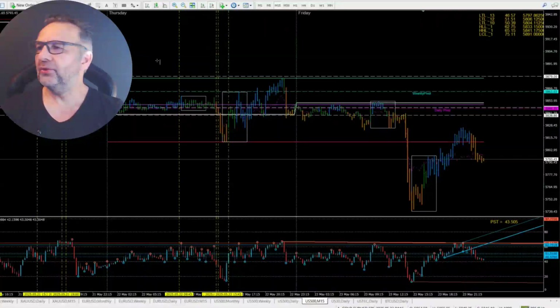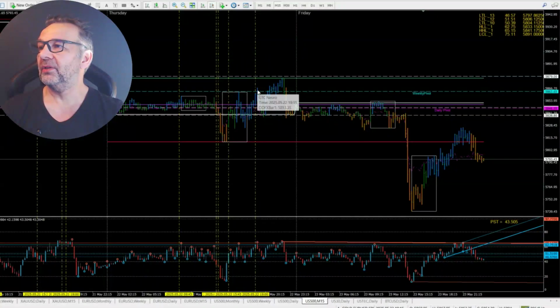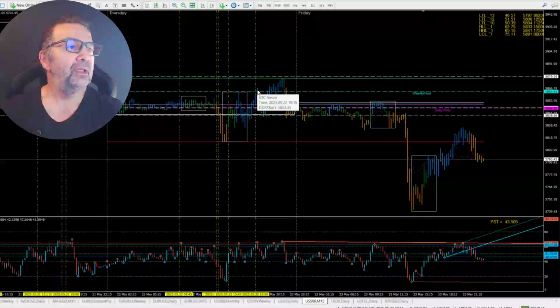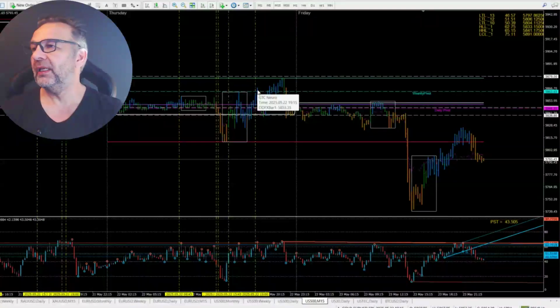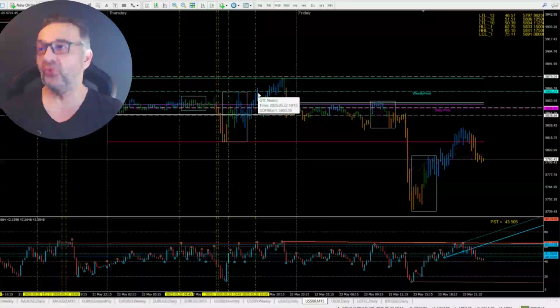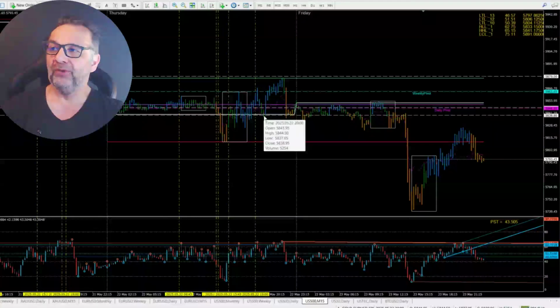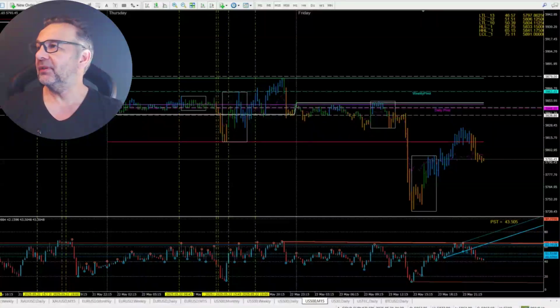It should continue to 10 past 7. This is 10 past 7 there. Okay, so it came up to the weekly pivot. It can either turn or push to 11 o'clock. So it did make a bit of a turn. If you sold at the weekly pivot, that's right. It's okay to sell at the weekly pivot. You would have covered that trade because it's gone nicely in your favor there. That would have been covered.